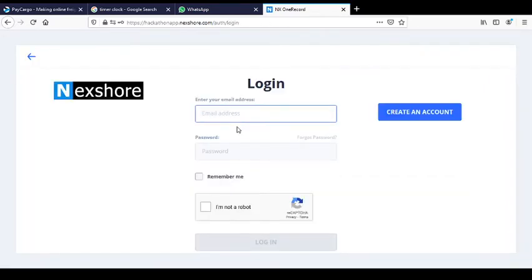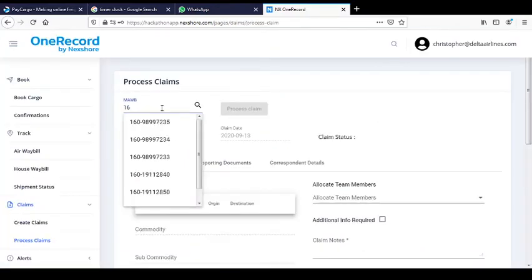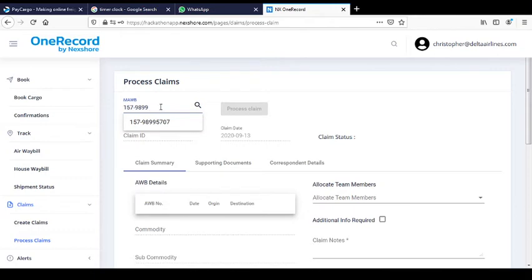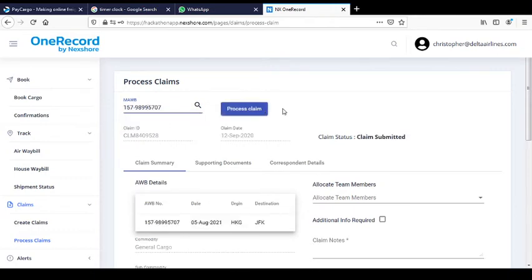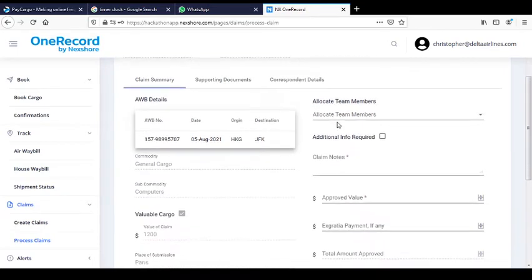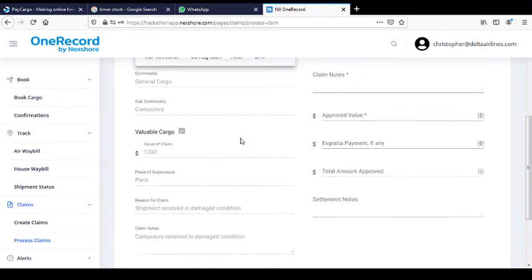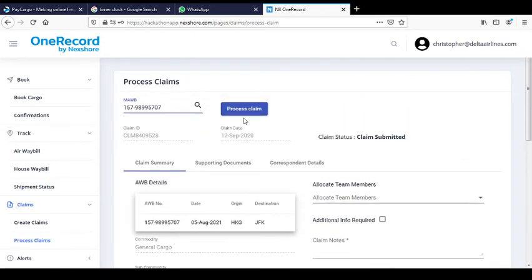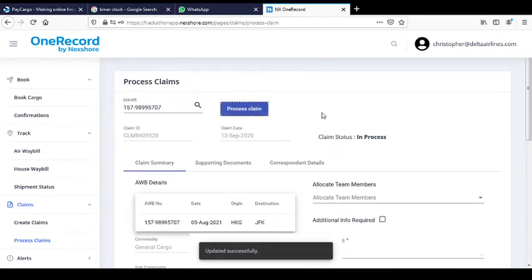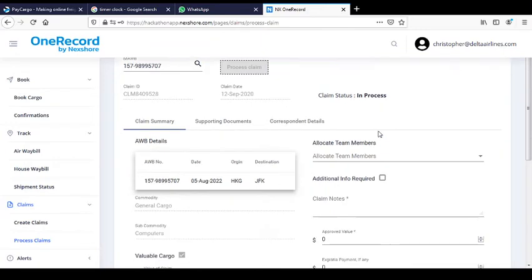We will log in as an airline member now, and we will see how they are able to process the claim. So we will select the claim that has just been created. It will show all the claims that are in the submitted state. They will select, and the claim status will come as submitted. You can see all the information the claimant has entered will be available for the airline to see. They will click on process claim, and the claim status becomes in process. This information goes back to the claimant using the PubSub model.